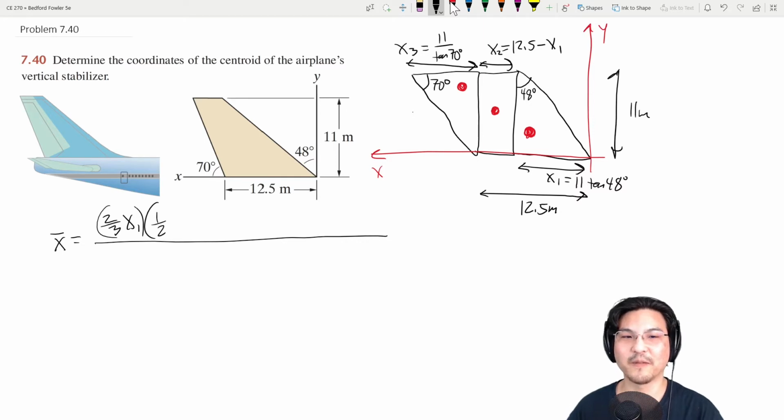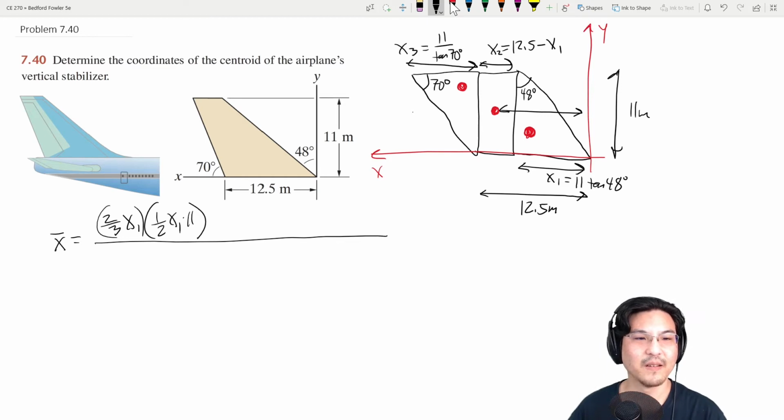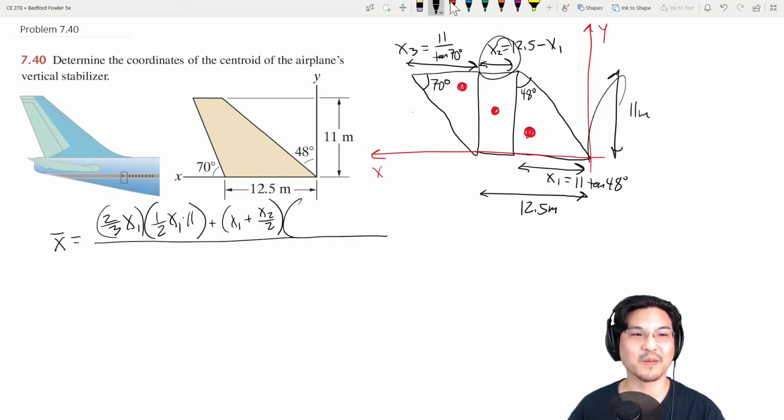So 1/2 base times height. Okay, now rectangle, here to here is x1 plus half of x2. So I'll just write that down. x1 plus half of x2 times the area of the triangle. So base times height